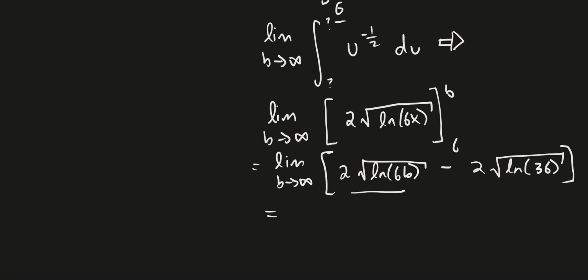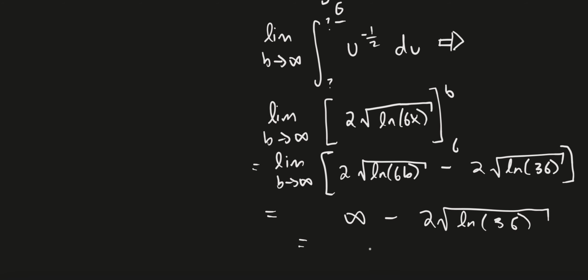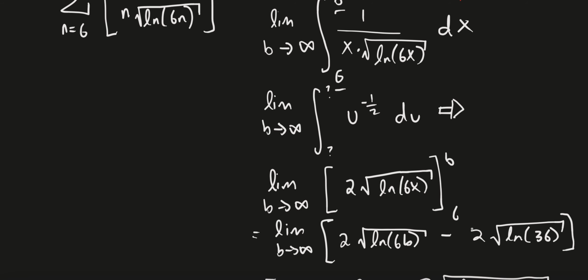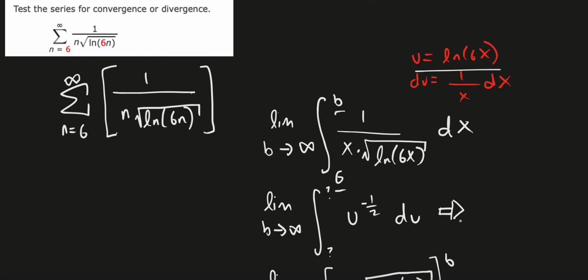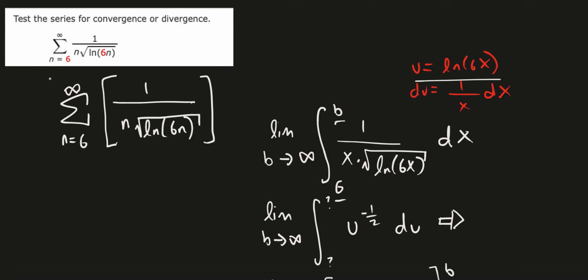So we end up with, without a limit, infinity minus 2 times the square root of the natural log of 36, which is just infinity. This means that we are divergent. We have a divergent improper integral, which tells us that this right here is also divergent